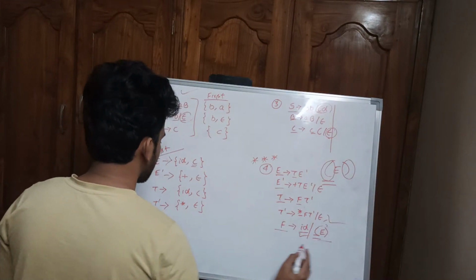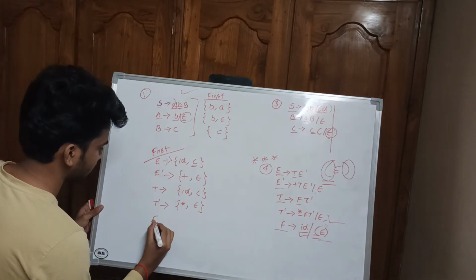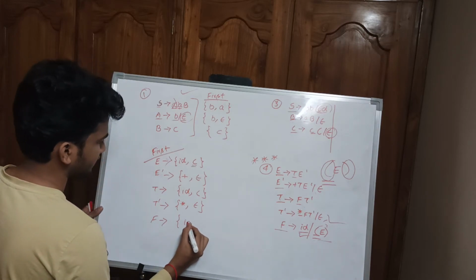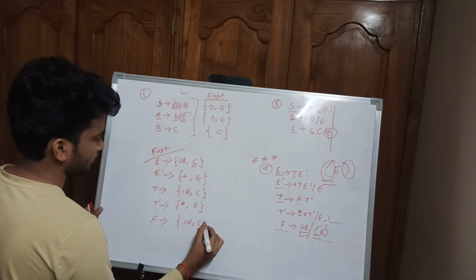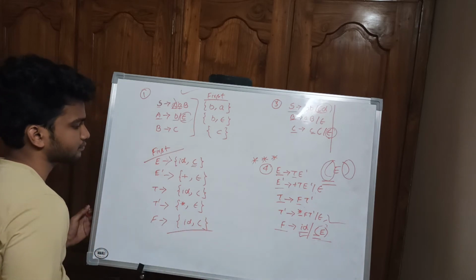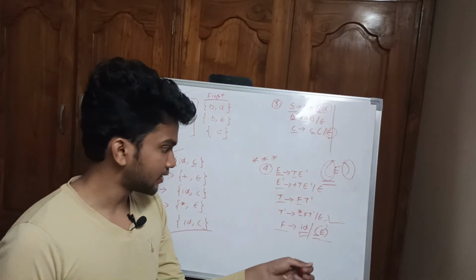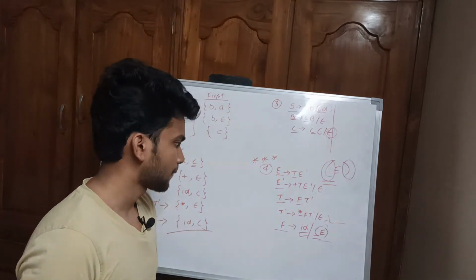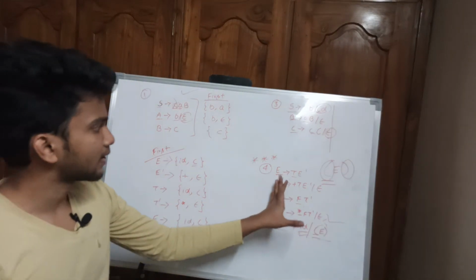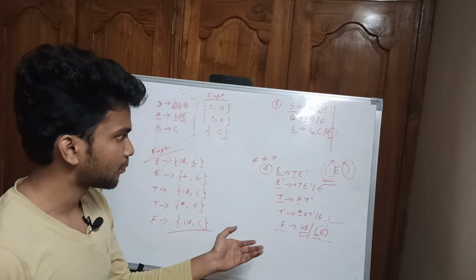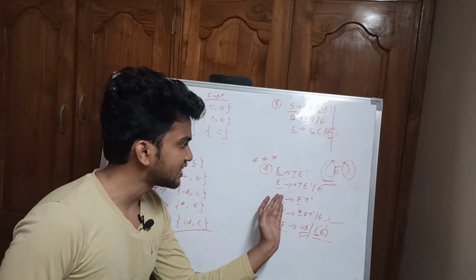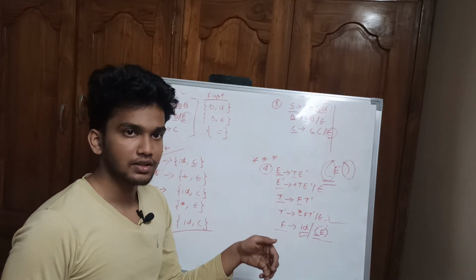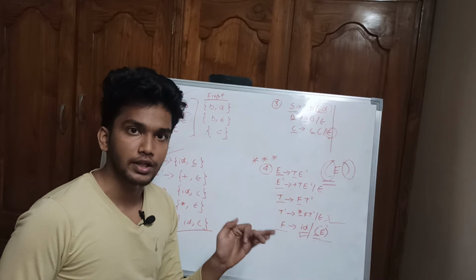Done. Now F, what does F give us? It gives obviously ID comma, so it is generating ID comma this opening brace, or else opening parenthesis. So this is how you calculate the First, and this is the complex one, because you have to relate each and every production rule for calculating one First, that is First of any particular non-terminal.